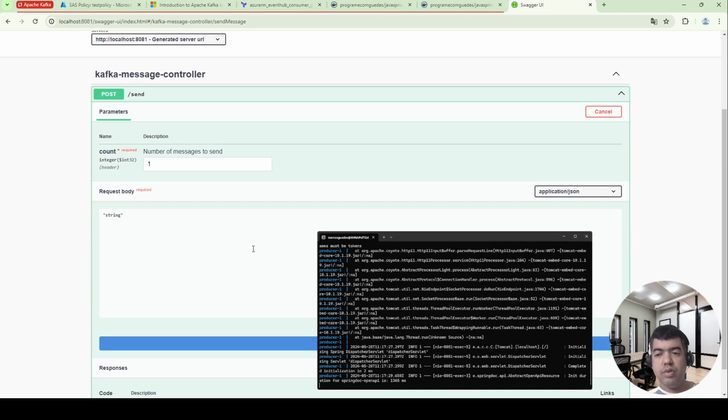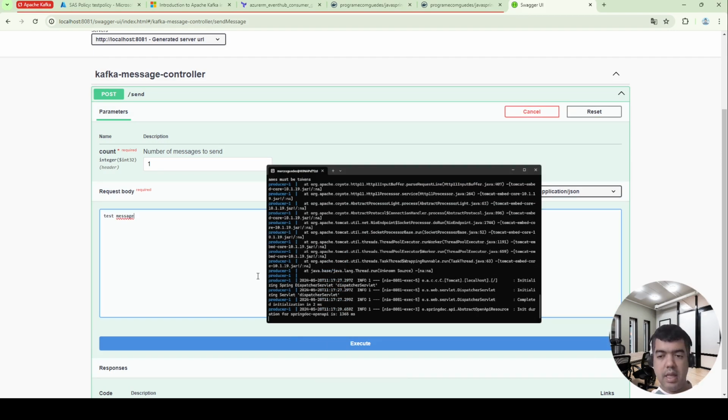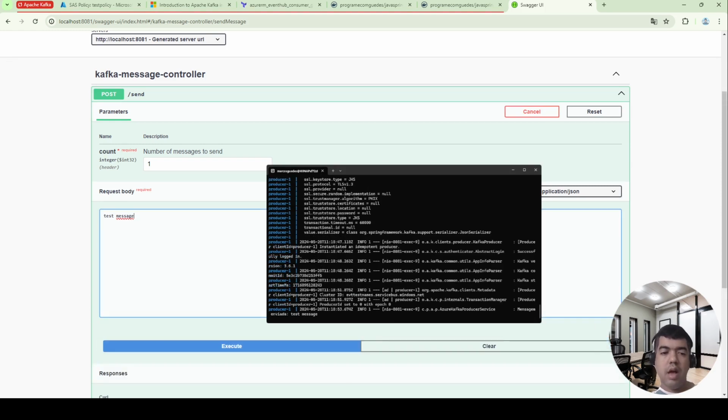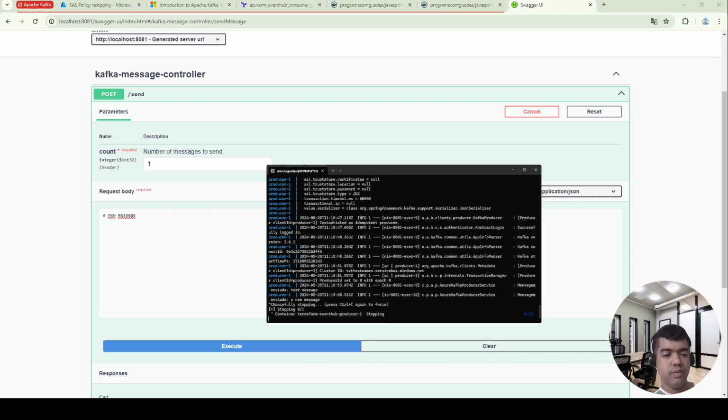Change here to test message and click on the execute button. Now change it to a new message and click on the execute button again. Okay, two messages were sent to our Azure Event Hub. Test message and a new message. We can stop the application.